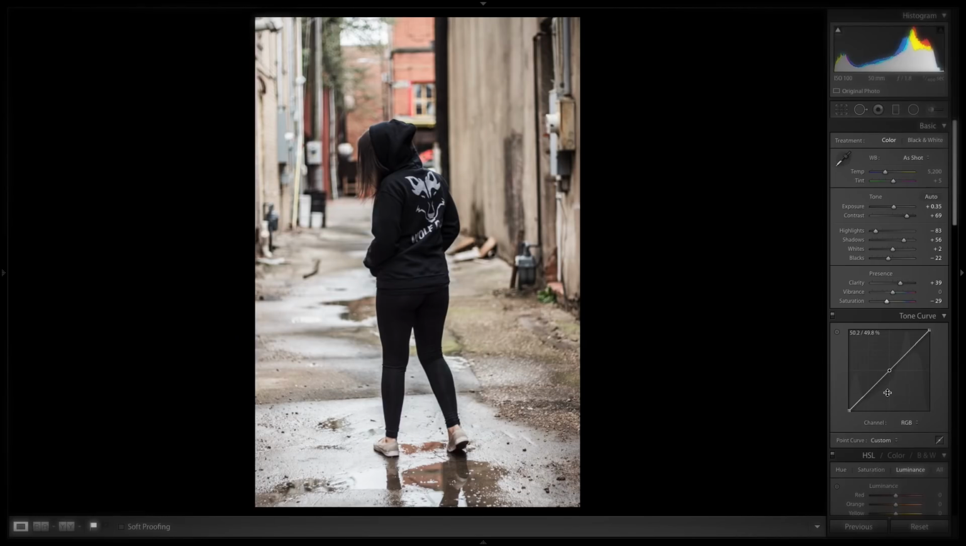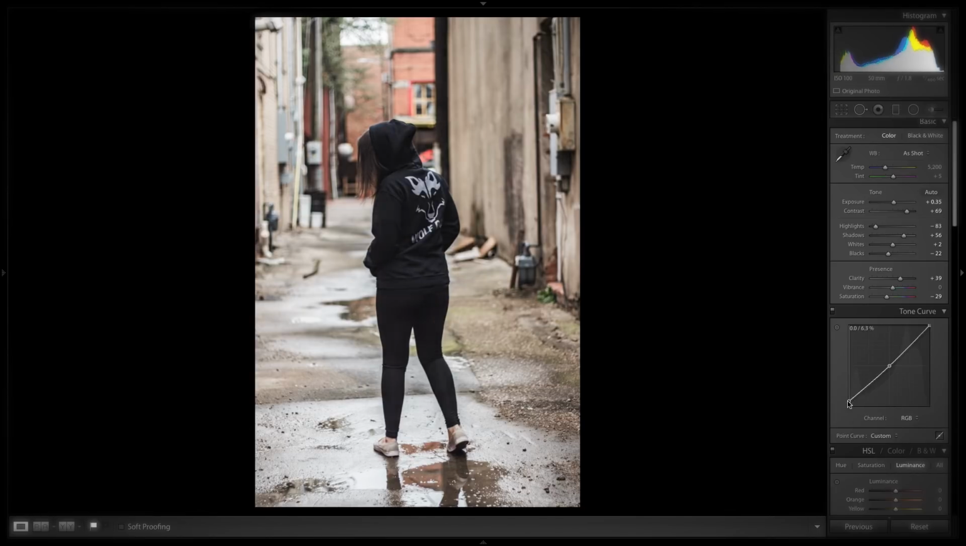So then we're gonna get into tone curve, and this is where really all the magic happens. This is where we start to get that faded look. So what we're gonna do, we're gonna add a point right here in the middle. That's gonna add a point, and then we're gonna come down here to the blacks, and we're gonna bring this up,